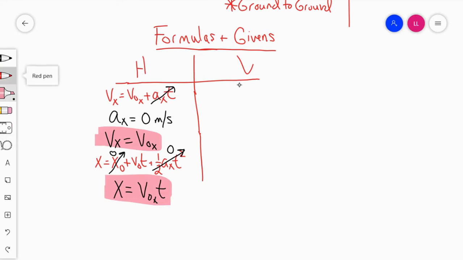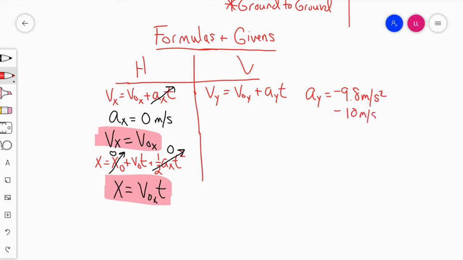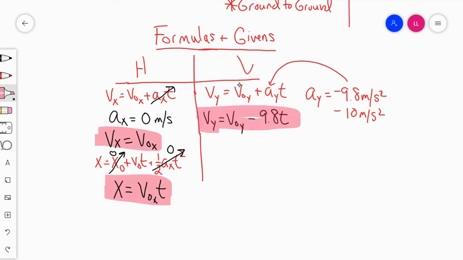position equation. Now is when we're going to go to some of the fun part, in the y direction, okay? So remember, ay is equal to negative 9.8, or you can call it negative 10. I'll write the equations with negative 9.8. So what I'm going to do is take that ay and plug it in here, and so I end up with vy equals v0y minus 9.8t, right? And so what we're really doing is just breaking down these equations, and then I'll give you